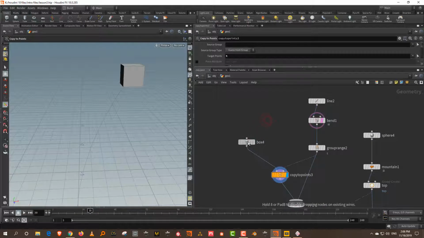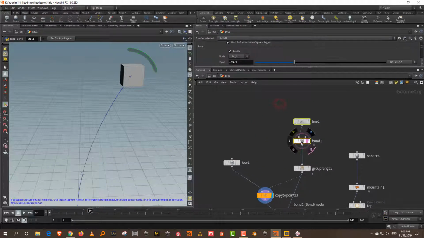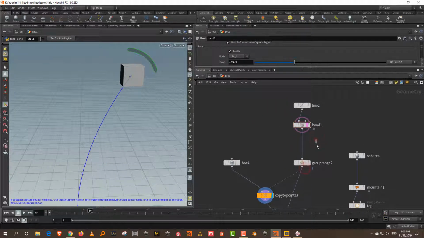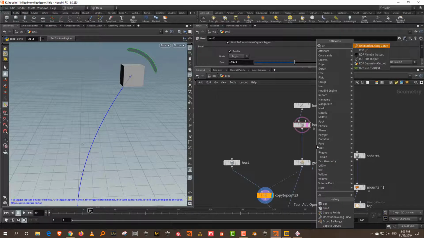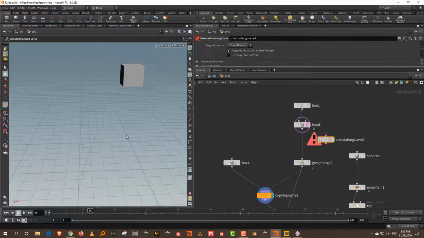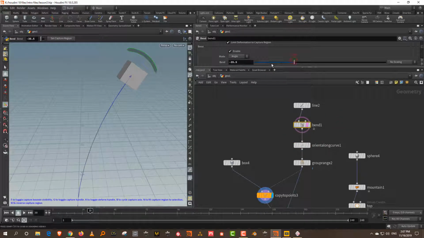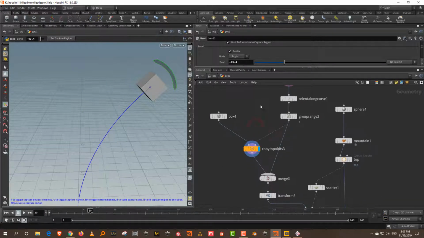So what I can do instead is come down here and you get a tool called orientation along curve, which generates normals along the curve and allows you to orient the copies along a curve. So if I just drop this in the middle, it will repair it. See, there you go. Okay, so it's pretty straightforward. So now if I bend it, you'll see it sticks to that. So it's pretty easy to do this. So we have our